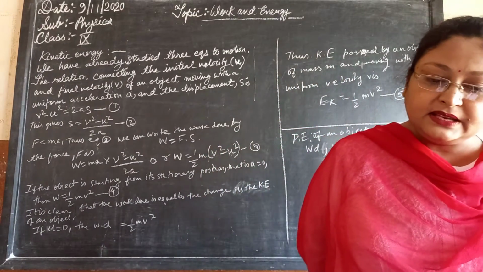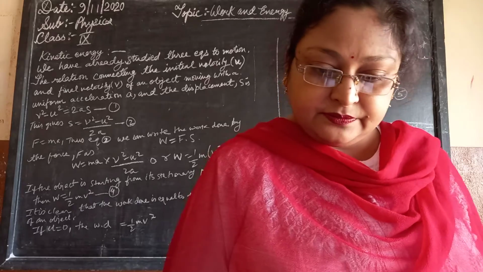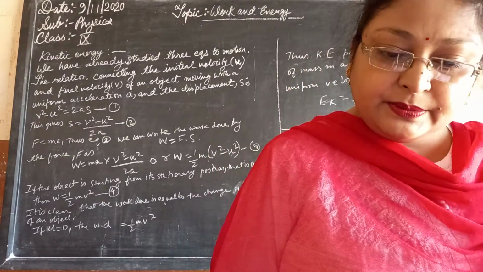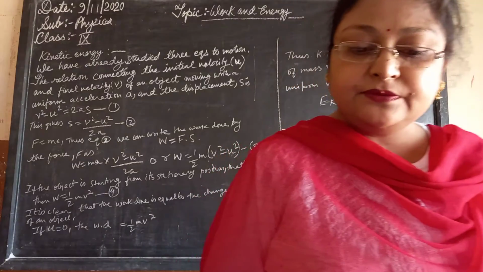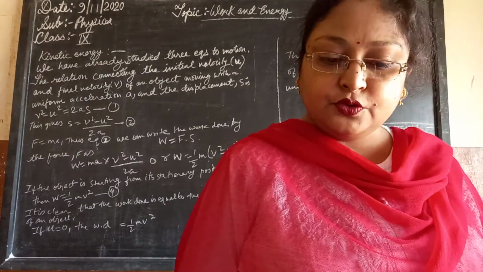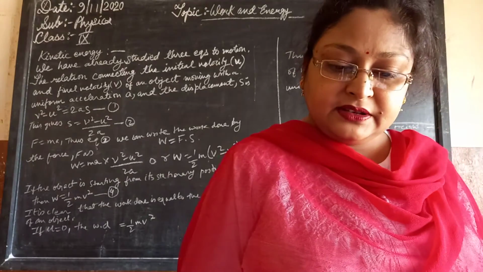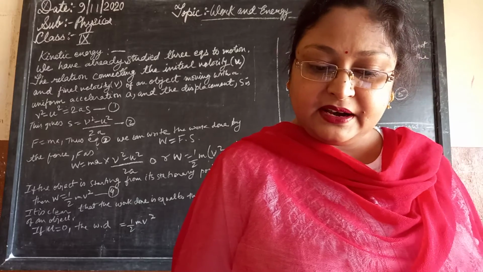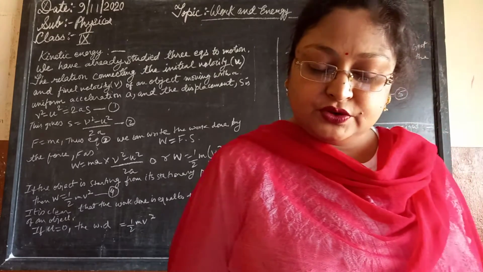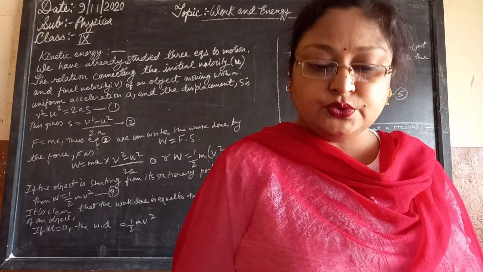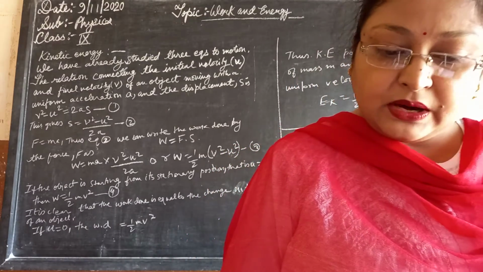Why do we say that the work is done? The work done will be the product of the force and displacement. So force will be given to a particular object and the displacement will occur. If the displacement is there in the body and the force is being given to it, that means that the work is done. And write an expression for the work done when a force is acting on the object in the direction of its displacement. You have to do it on your own.